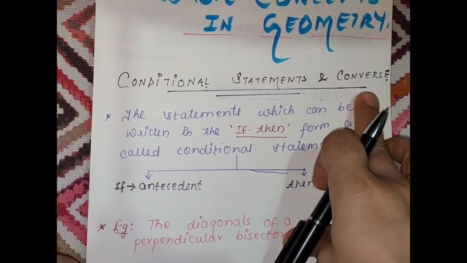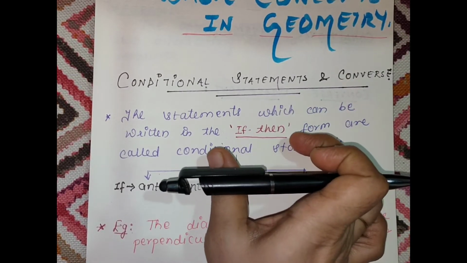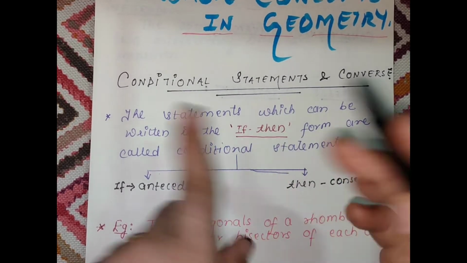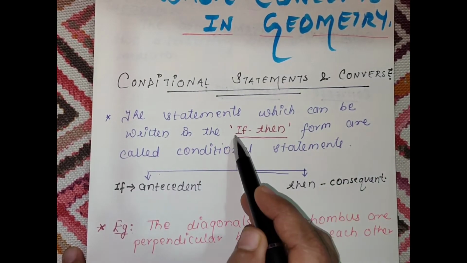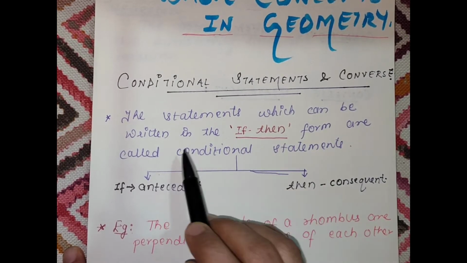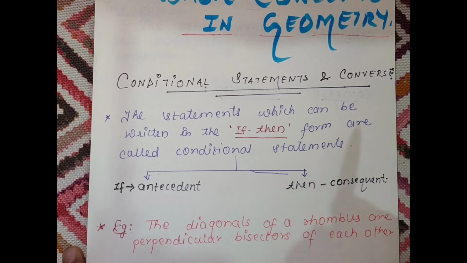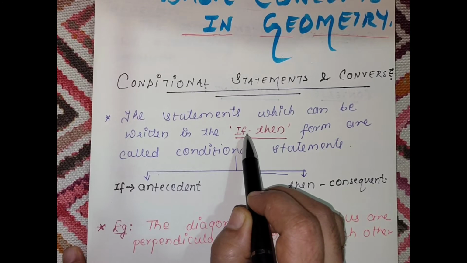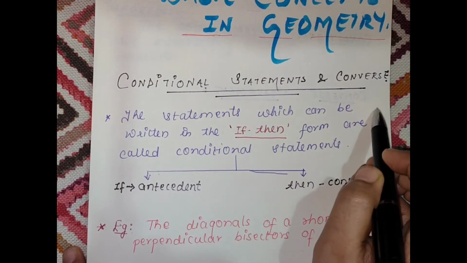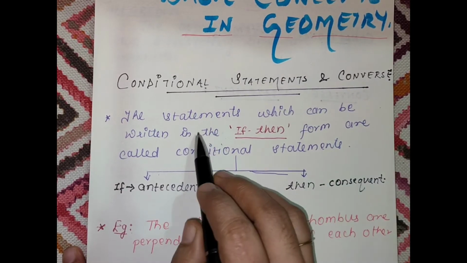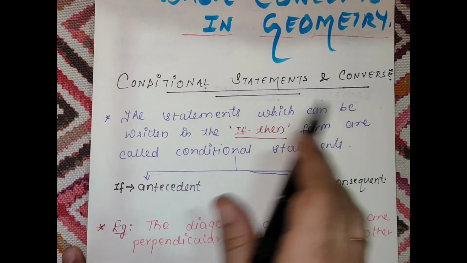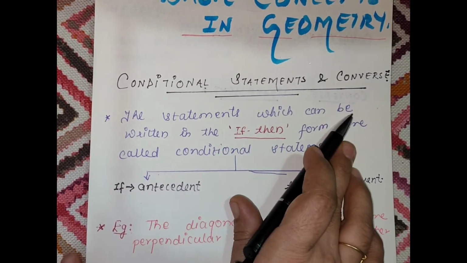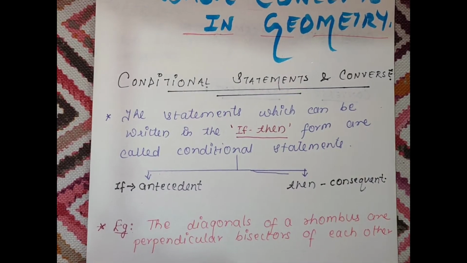And what about converse? What is converse? In the actual statement in which if and then parts are there, if they are interchanged, the then part becomes if and the if part becomes then, and the conditional statement becomes its converse. Sometimes both the conditional statement and its converse are true for each other, and sometimes they are not true for each other. For example,